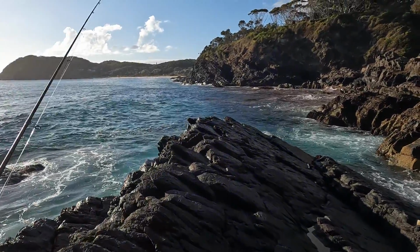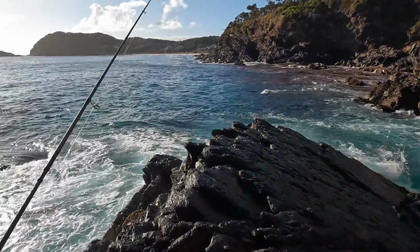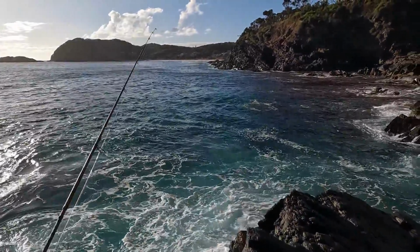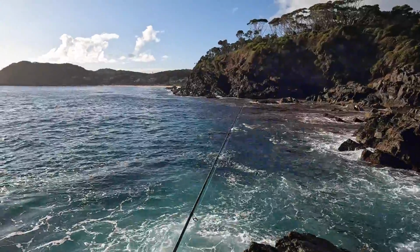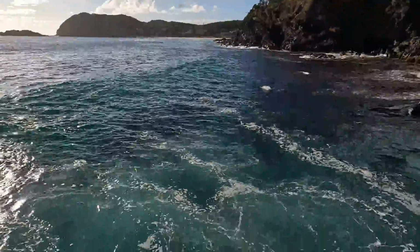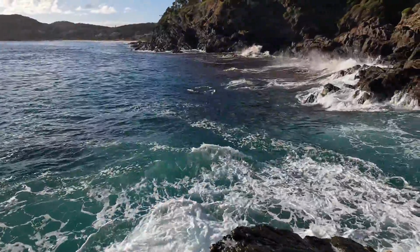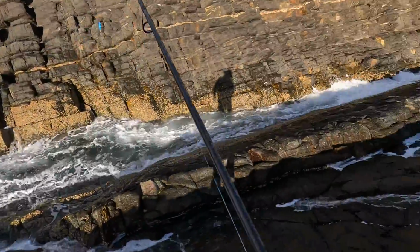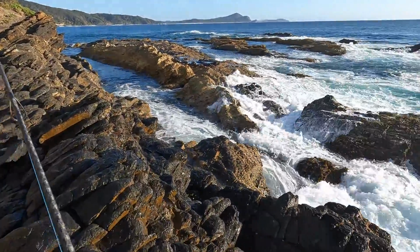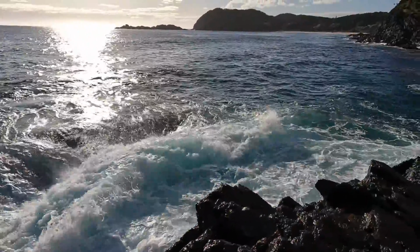Alright, let's go out this little pimple here. Have a couple of little casts down in here. Fractionally deeper water over this side. Up pretty high. I don't think the waves will wet me here, but I could be wrong. And I am wrong, of course. Yep. Comes another set. Well, that was a bit...